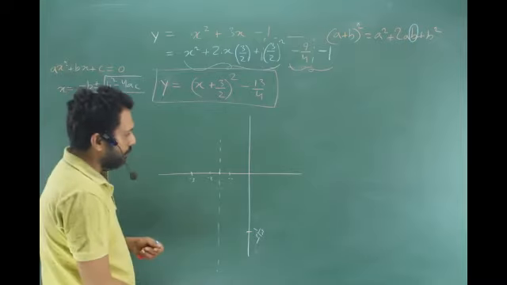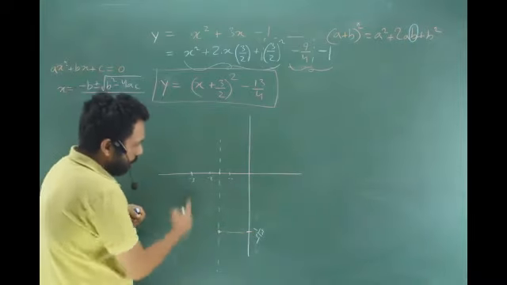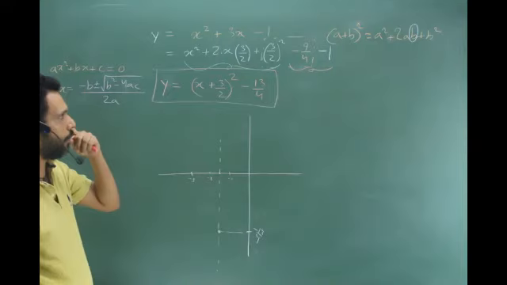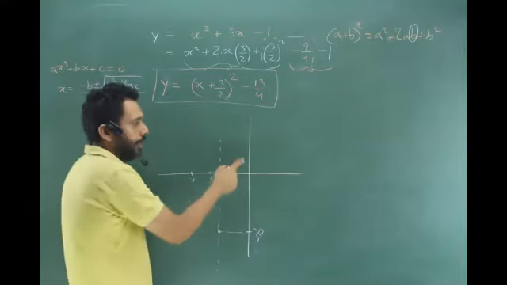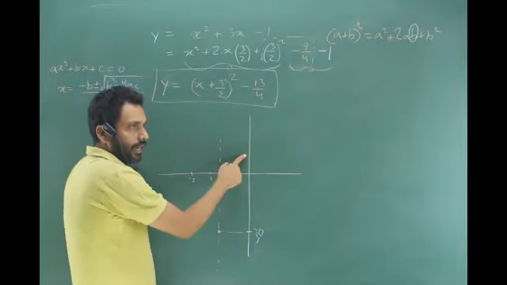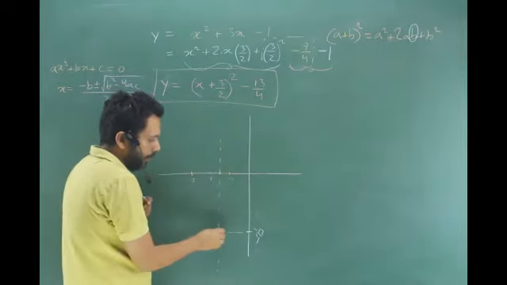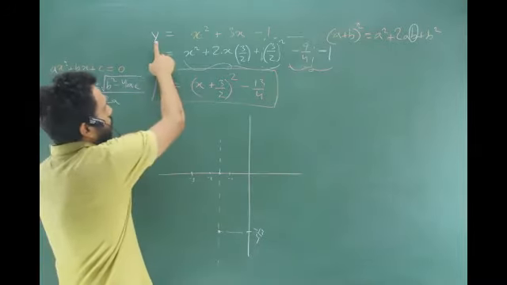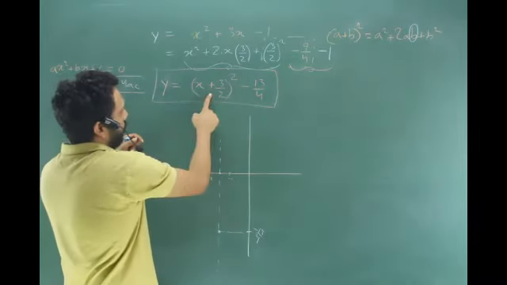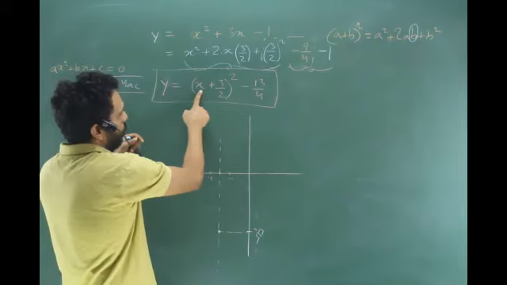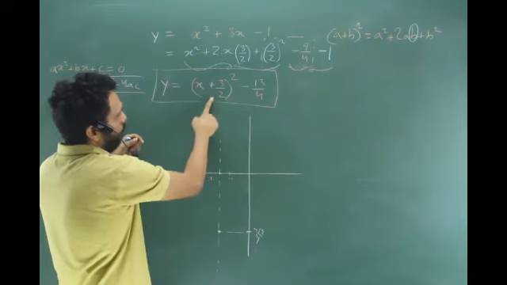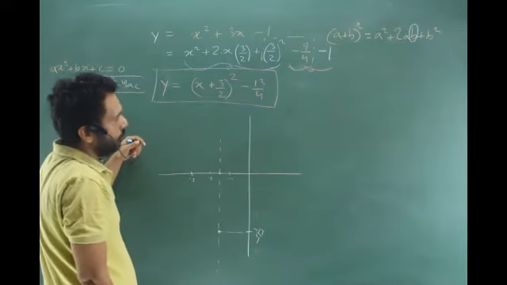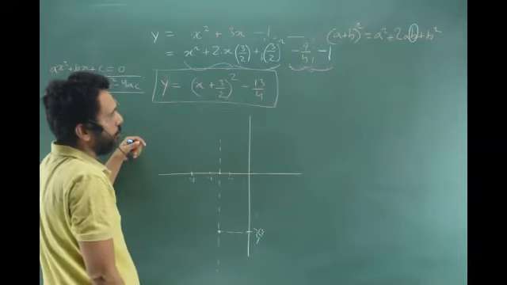Now, after knowing all this, if I make a U, should it cut here or should it cut within? What was the faster trick of finding it? Where it is cutting the y-axis, right? Get that first so that we have very nice points to make the graph. So where is it cutting the y-axis? When you put x is equal to 0, either here, which is a little messy calculation, or you can put x is equal to 0 over here. What do you get? You get 9 by 4 minus 13 by 4. How much is that? That's minus 4 by 4, minus 1, right?